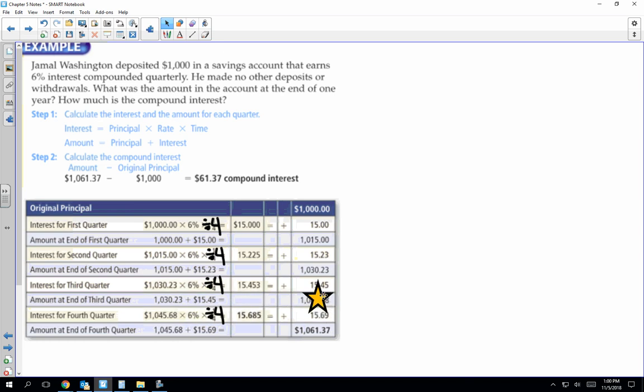$15.45. So we add that $15.45 to our previous account, we get $1,045.68. So we get a little bit more than just our regular $15, so we get another little boost. So we take that 1,045 and 68 cents, times it by 6%, divide it by 4, and we get $15.69. We round to the nearest penny. So we take this amount, 1,045, 68 cents, add it to the $15.69, and we get in our account